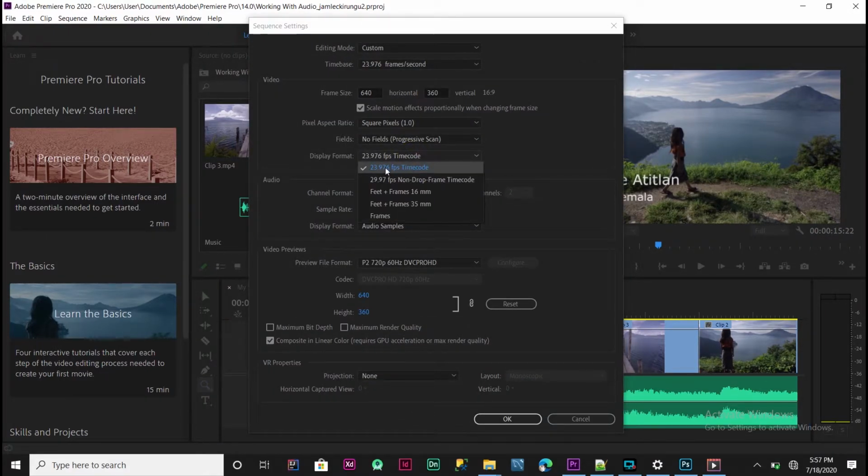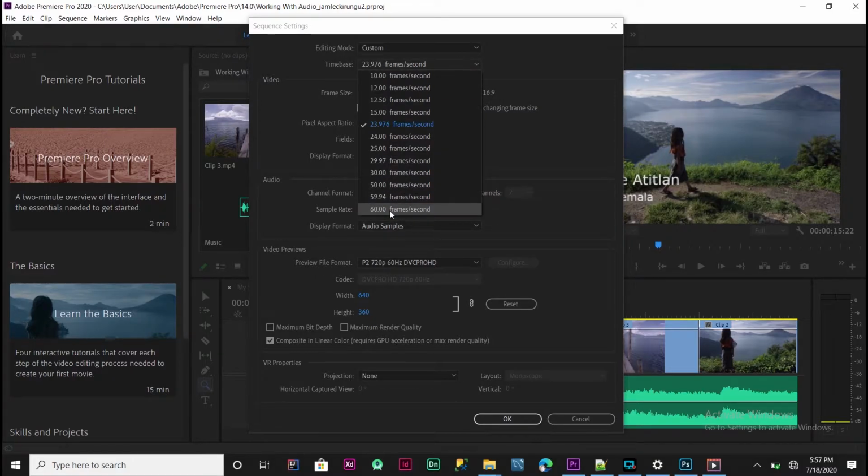They start from 23, 24 frames per second, all the way up to 60 frames per second, and we also have 120 frames per second. Most of the videos which we see, like TV content, are usually at 24 frames per second, and